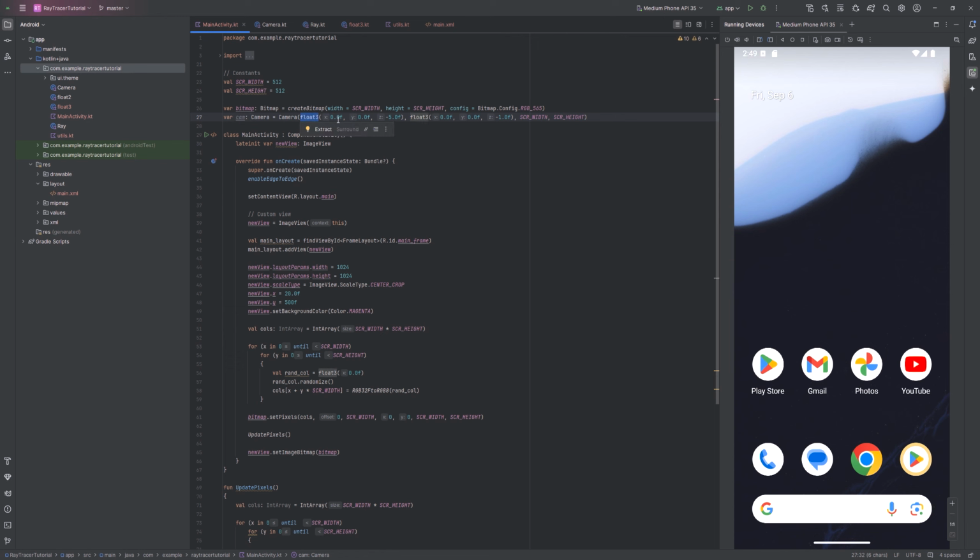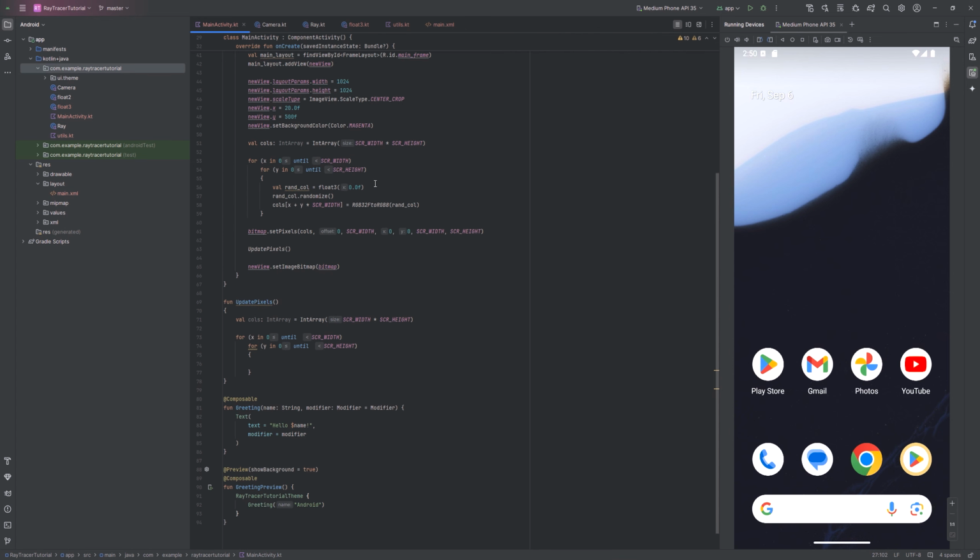Its origin is going to be 0 on the x-axis, 0 on the y-axis, but -5 towards us on the z-axis. It's going to be pointing towards the screen, and that's why we have this nice flow through. Then here, we pass screen width and screen height, so nothing complicated. And that's it. So here, in our update pixels function,